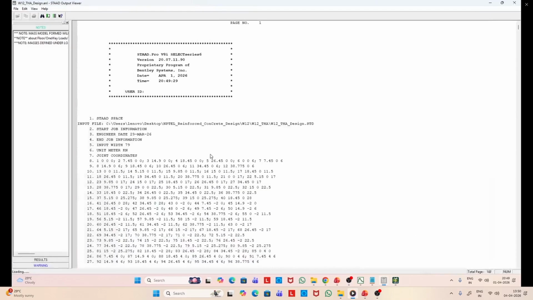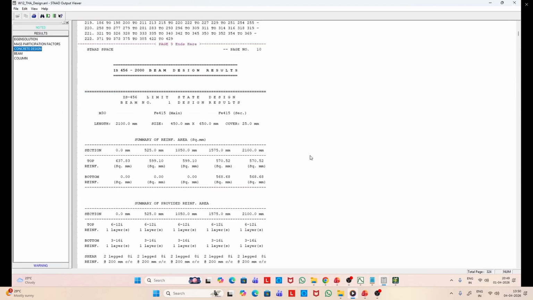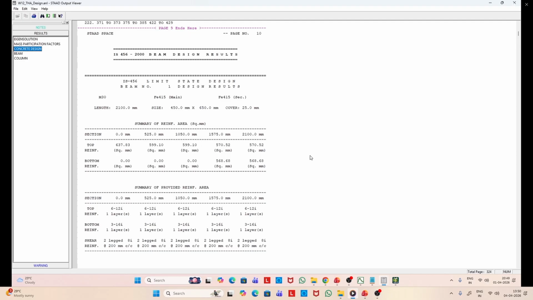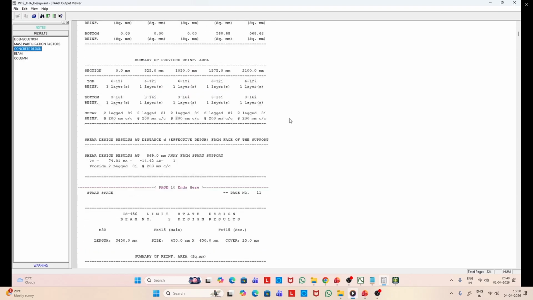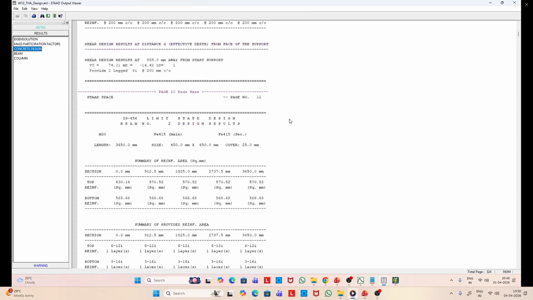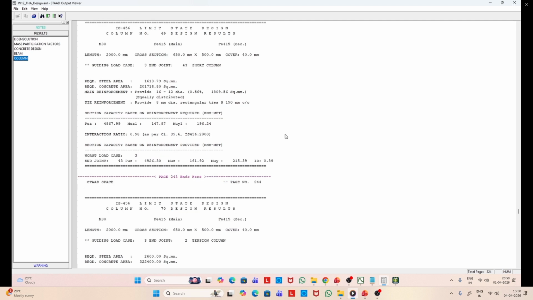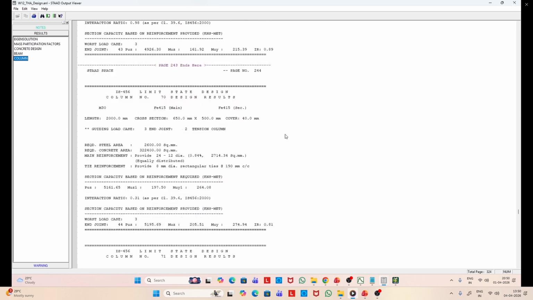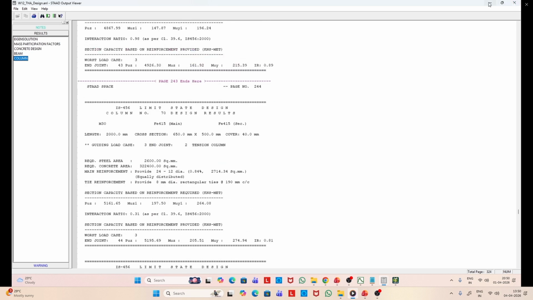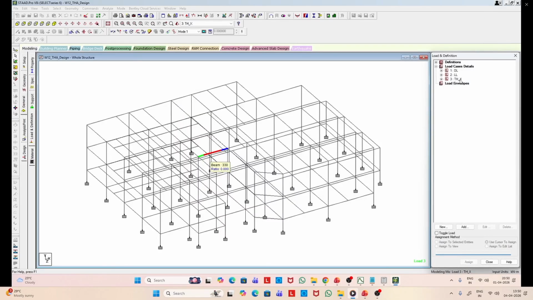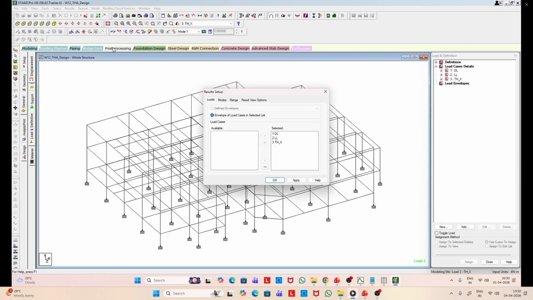Let us view the output file. And again here you can go to the concrete design and you can see the details. So now let us go to post-processing.